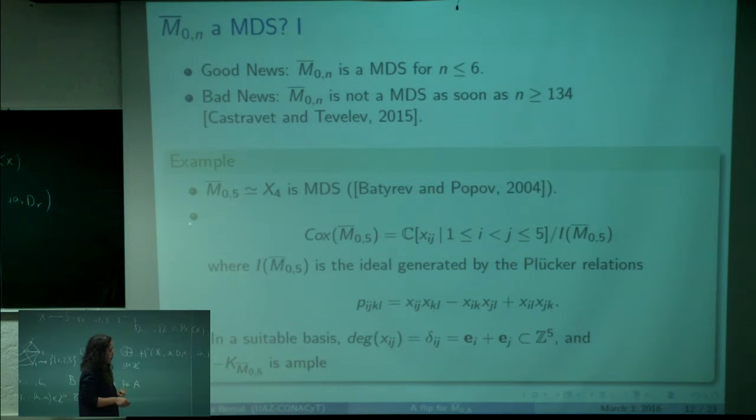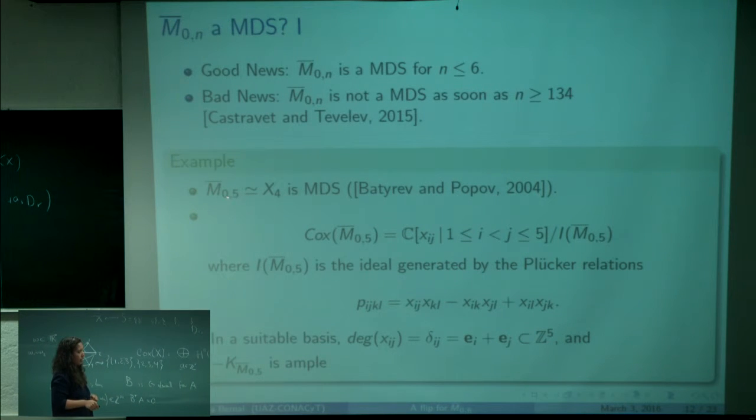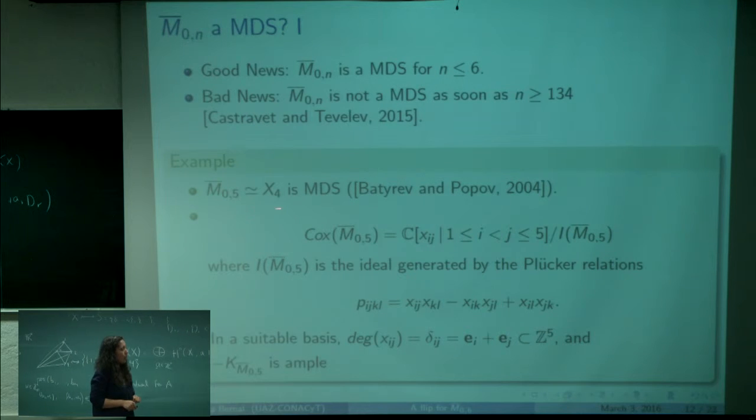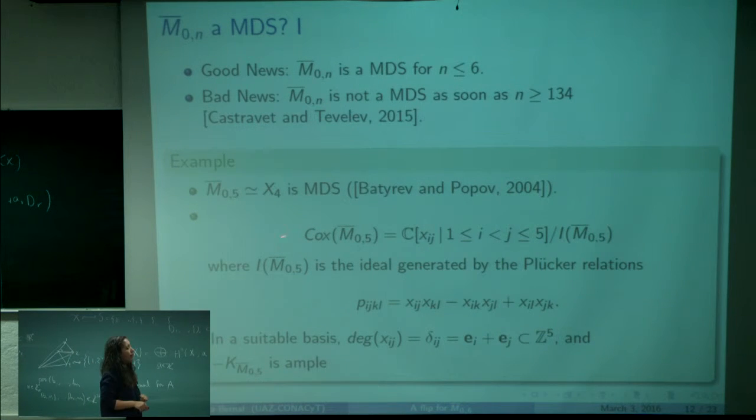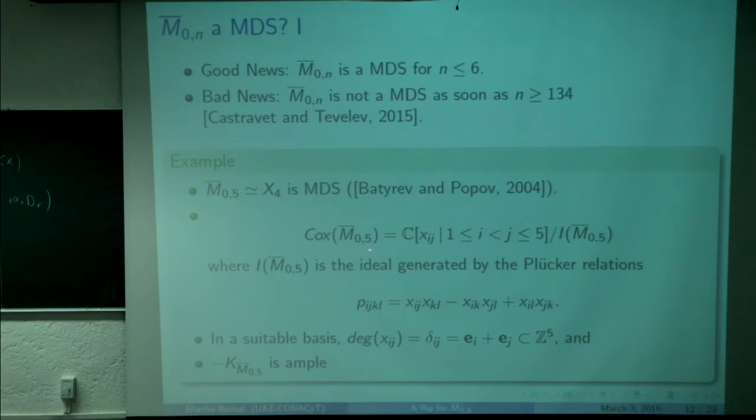So let me show you this example. For M05, I've said this is a del Pezzo surface, and it was established by Batyrev and Popov that it's a Mori dream space. They computed the generating sections for the Cox ring, and they gave relations as well. So the presentation of the Cox ring of M05 bar is this polynomial ring in 10 variables mod this ideal. I've called these variables xij,